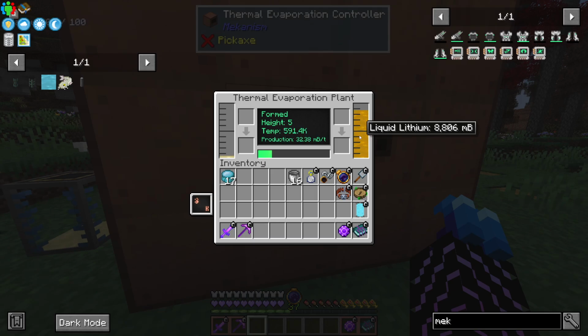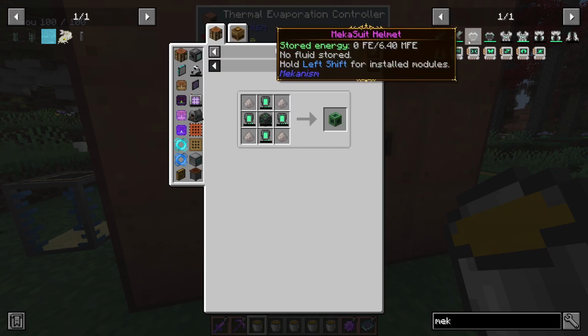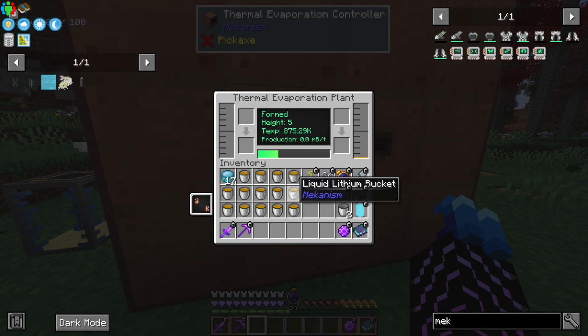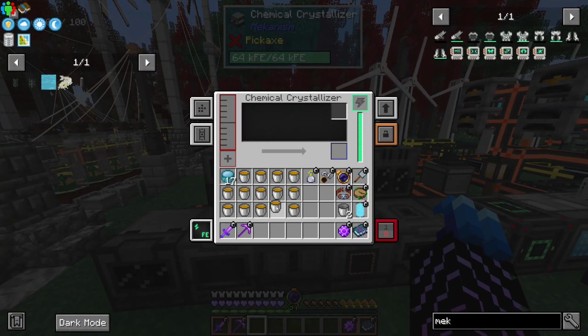I'm honestly not 100% sure if it's going to be enough liquid lithium. And from the looks of it, I don't think it is, because we need 4 pieces of lithium dust per piece, and one of these buckets equates to 1 dust. So we still need 6 more buckets of liquid lithium. While we actually go ahead and do that, we can start to actually put it...